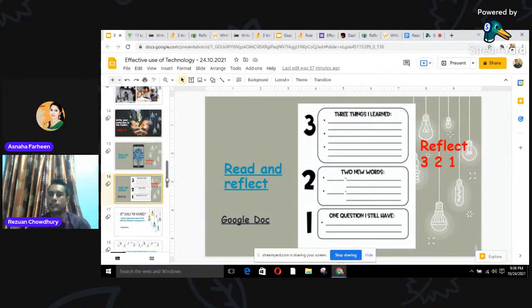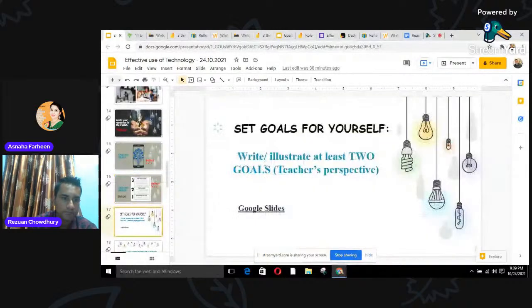So what I was saying is that when you give any kind of reading materials, or blogs or articles, or even when the students watch a video, they can give the reflection through the 3-2-1 strategy, and you can change it if you want to do it in between the boxes. So it's up to you how you want to give it. You can give a worksheet or text sheet, or the same kind of thing in Padlet, or maybe in Google Slides, or maybe in Google Doc.